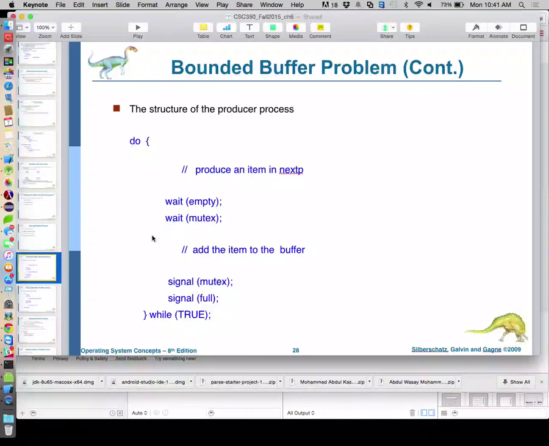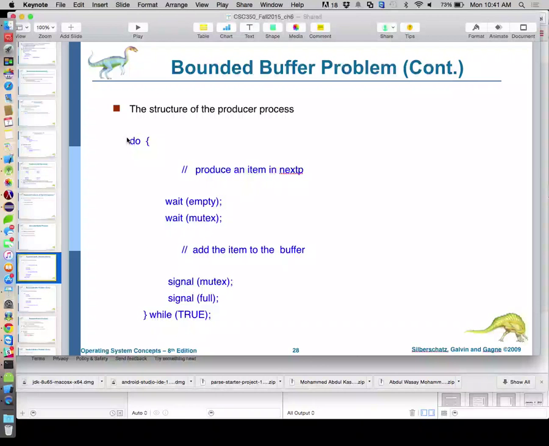semaphore, which was controlling access to the group of buffers, let's say, was decremented here, giving us only one process access to this producer, and then it was incremented right here. And then we also incremented the number of things that were full. So we're actually using a semaphore in this case, not necessarily to control access, but as a counter. But it's an atomic counter. All right, and we just keep doing this.